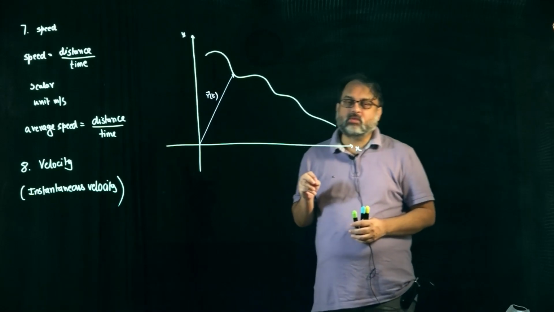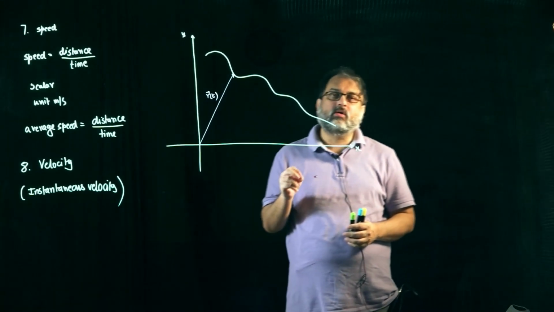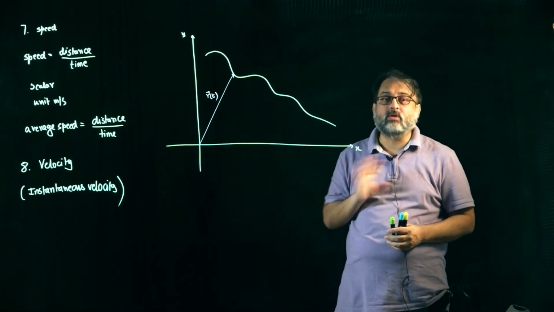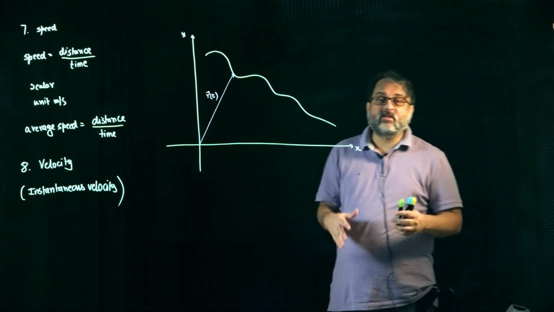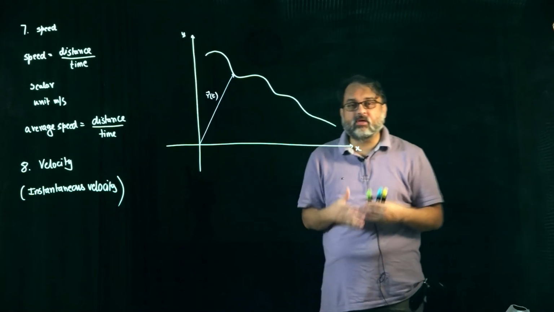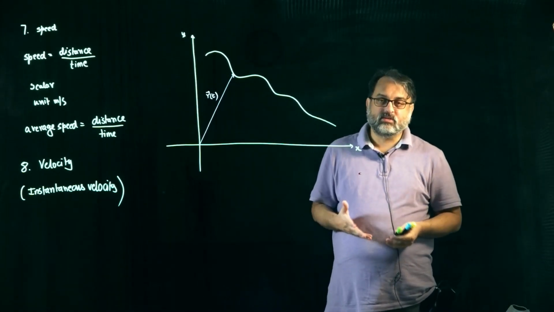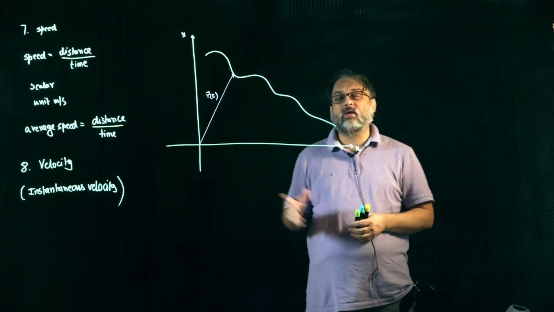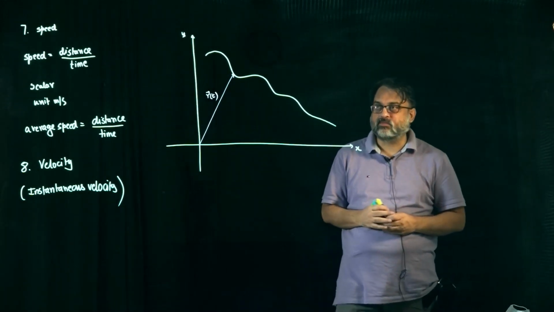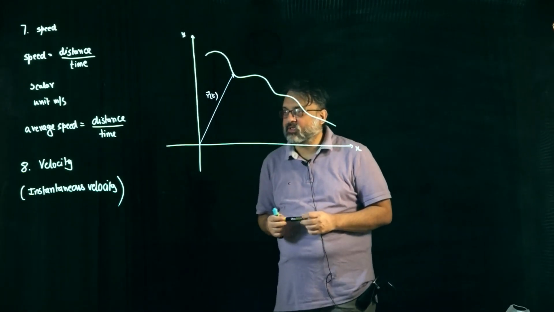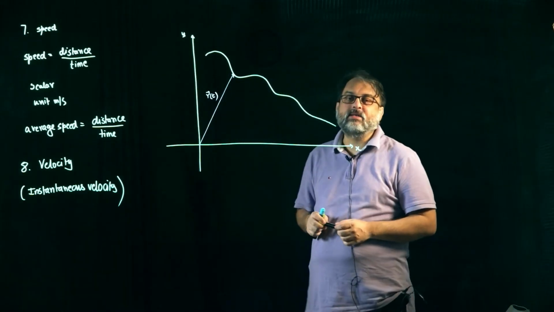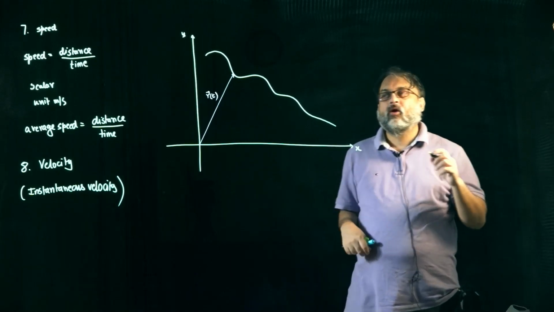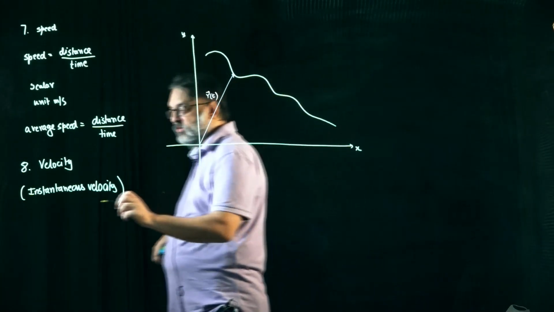And when we talk about the detail of the motion, we talk about the instantaneous velocity or simply the velocity. So if I have to talk about the average velocity, I will say average velocity separately, okay? But if I say only velocity, I will mean instantaneous velocity. So what is instantaneous velocity? I measure the position vector of the particle at some time t, right? And how I am writing it, that is very important. Okay?